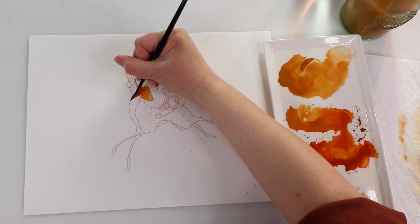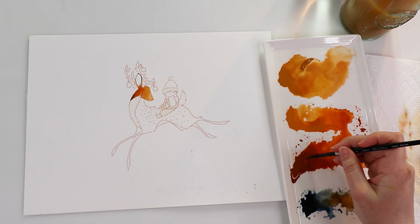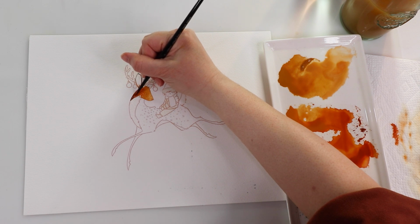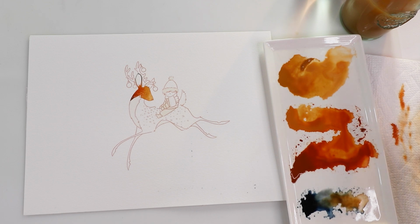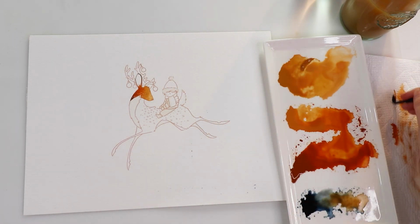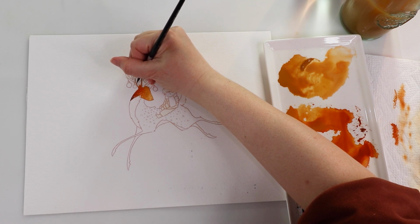And while that paint is still slightly wet on your paper, it's going to blossom out, and you can actually smooth in that color to where you have already laid down previous color. Now, be very careful. If you add too much water, you're going to end up having blossoms, and it's basically going to lighten that area, and that's not what we want, especially because we're trying to add shadows in this area. And once you're done with your deer's head as well as that front ear, go ahead and allow this